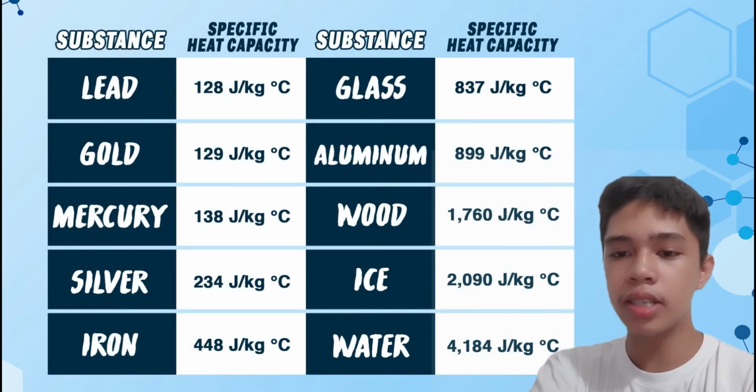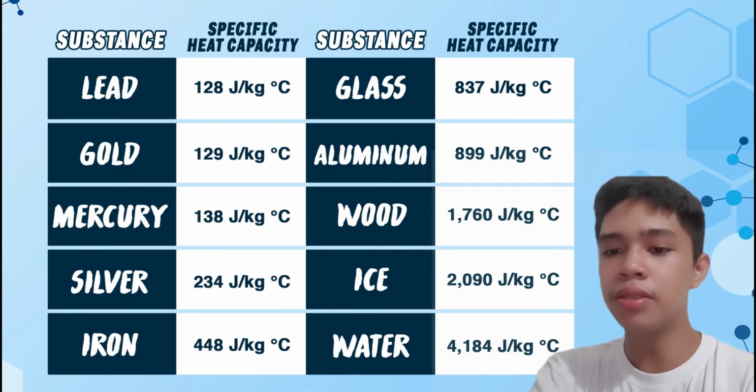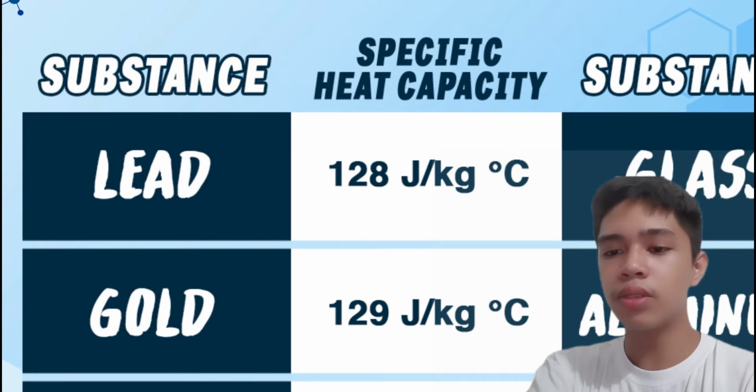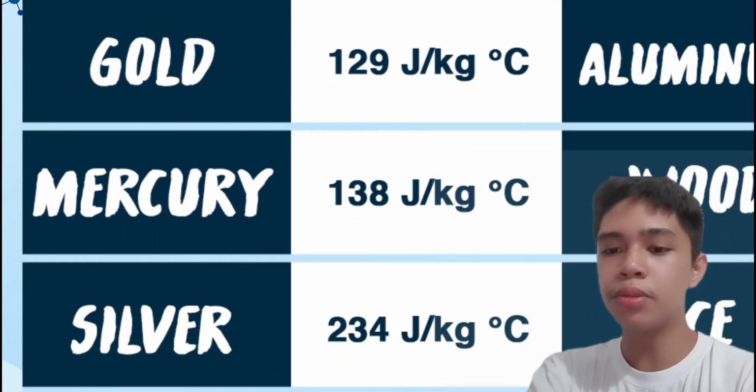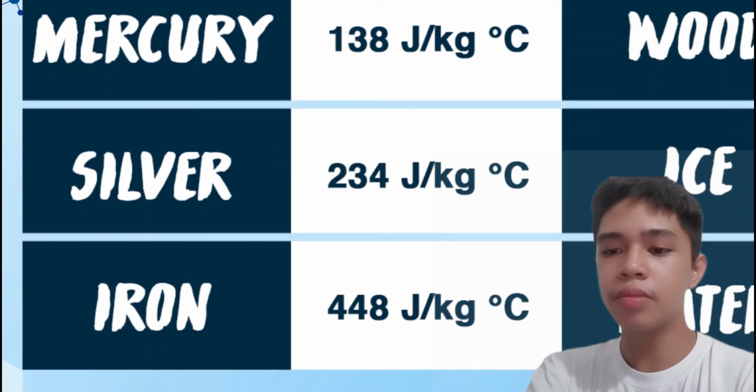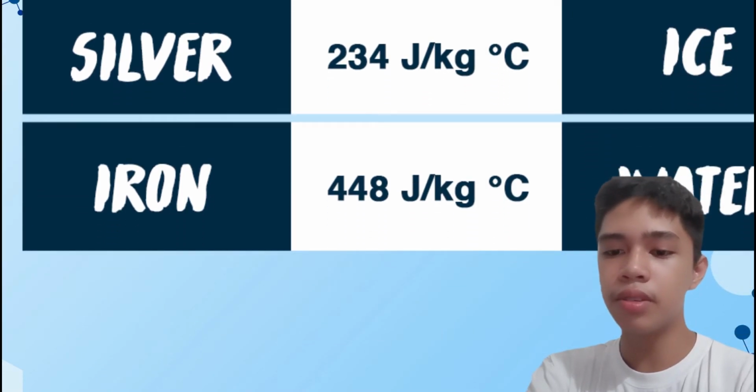Sample specific heat capacity table. Specific heat capacities of some common substances. Every substance has its specific heat capacity in joules per kilogram per degree Celsius. For lead, 128 joules per kilogram per degree Celsius, gold 129, mercury 138, silver 234, iron 448,